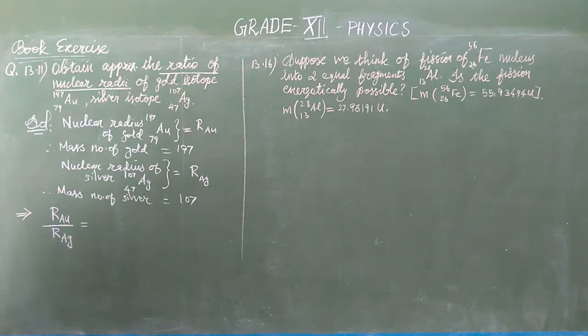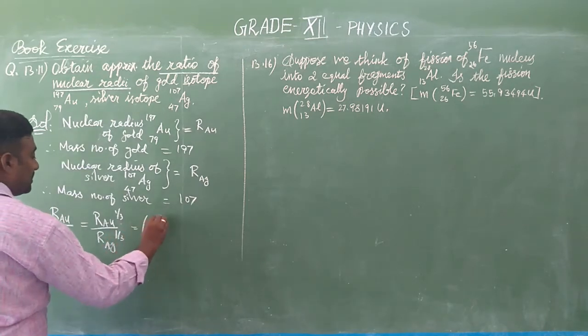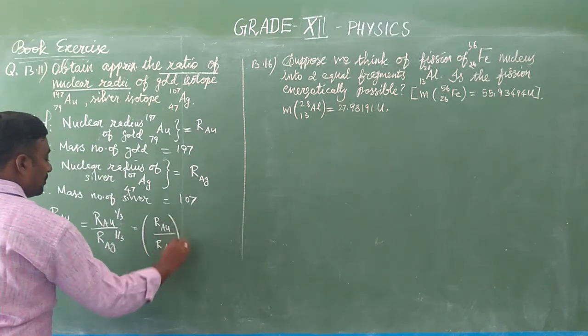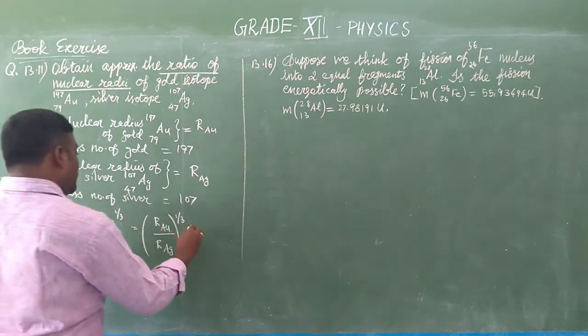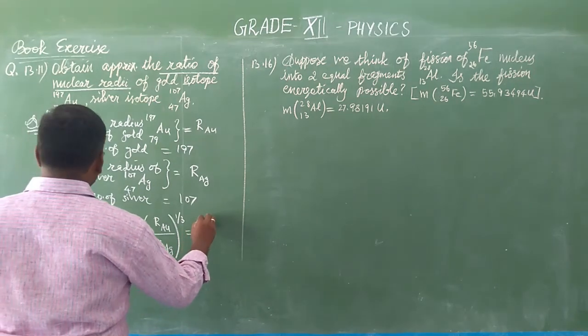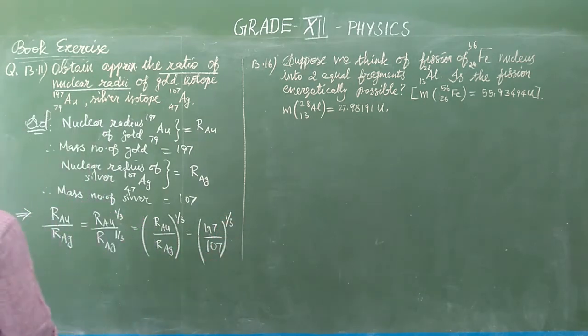to, we know the formula, R is equal to R naught into A power 1 by 3, no? Yes. So in both, R naught cancels away, and R alone will be there and A is cancelled. So R Au whole power 1 by 3 divided by R Ag whole power 1 by 3. So we can write it as radius of the gold isotope by the radius of the silver isotope whole power 1 by 3. And we know their corresponding mass numbers. So we can substitute 197 by 107 whole power 1 by 3, which is equal